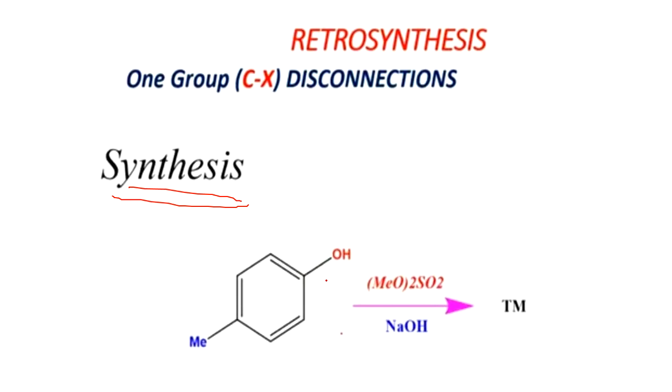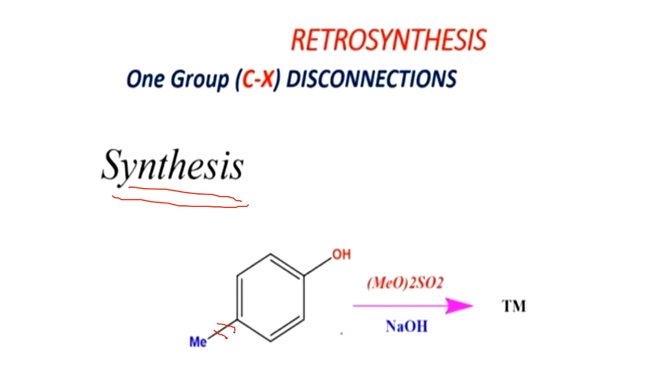presence of NaOH. Look here, whenever we are doing any synthesis on a compound, we have to remember the substituents present on our benzene ring, and the position of the substituent on the benzene ring. Here is the presence of the Me group, which shows a plus R effect and is also called an ortho-para directing group. When we are doing any synthesis, we have to remember the effect of this Me also.